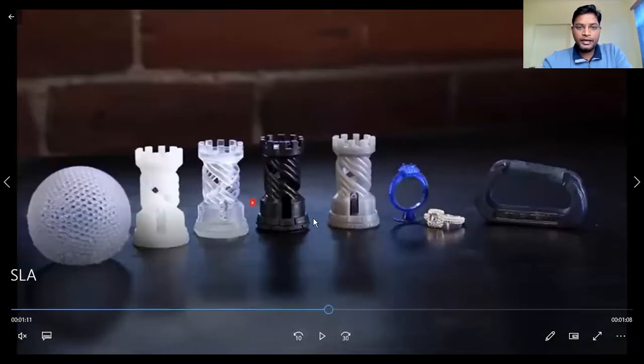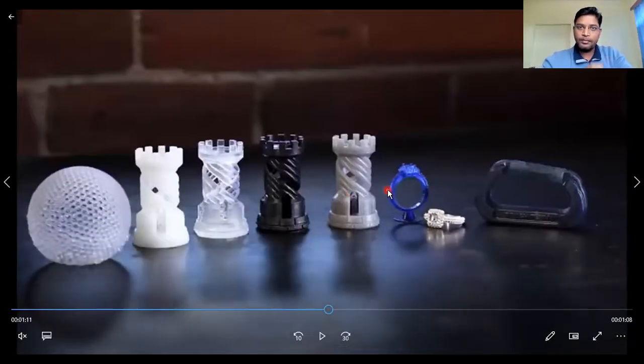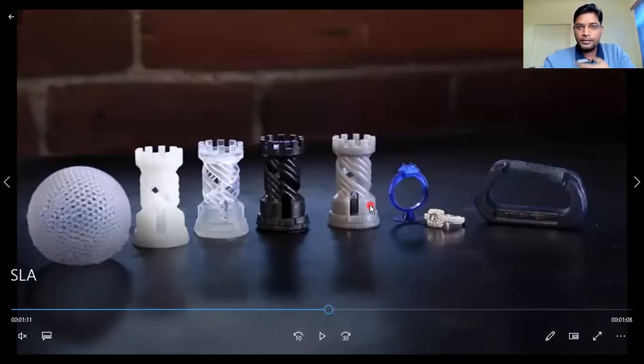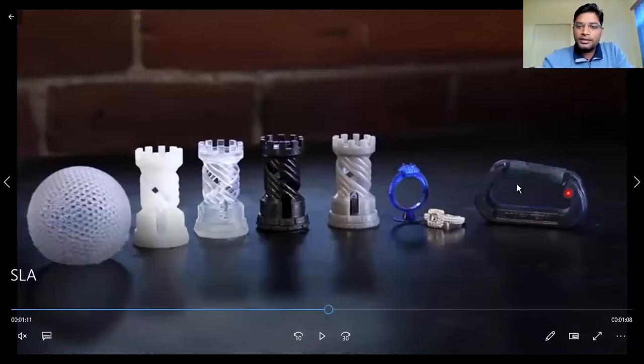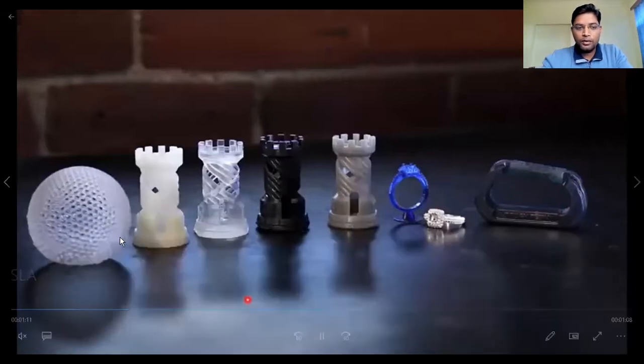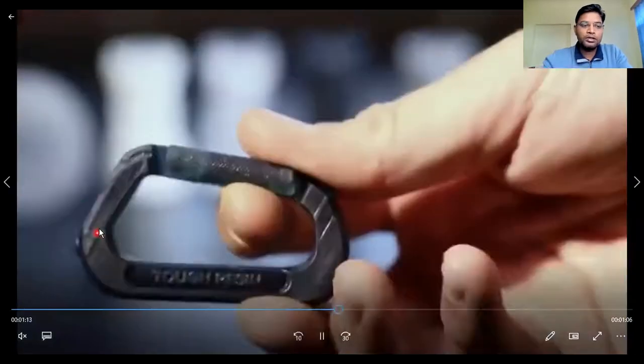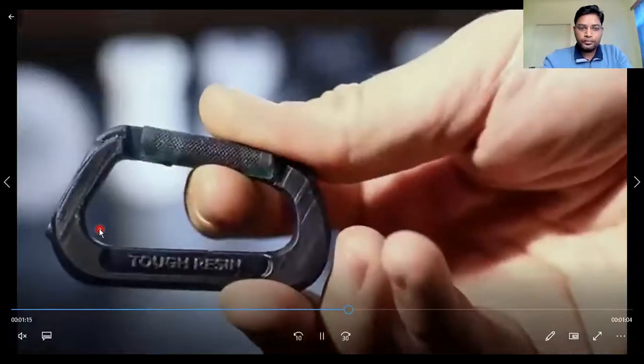If you see, these are products like those used in the chess game, the pawns and figurines required for it. So those can be manufactured by this technique, and it is very cheap. These types of rings and key chains we can also produce. This one is for the balls, like sponging.